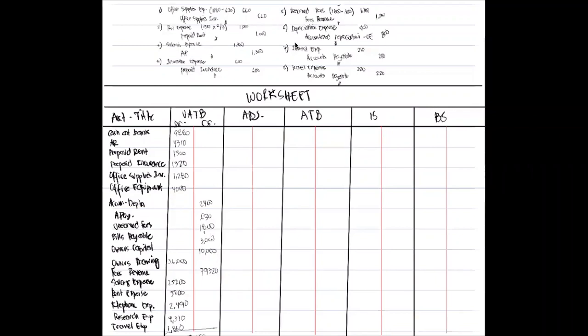Let's make it color blue. So we have here office supplies inventory. Ayan, diyan siya. Ilalagay natin siya diyan. So kung napansin ninyo, yung office supplies inventory nabawasan ng 660. So meron siyang credit. So ilagay natin siya sa credit. So debit, credit,